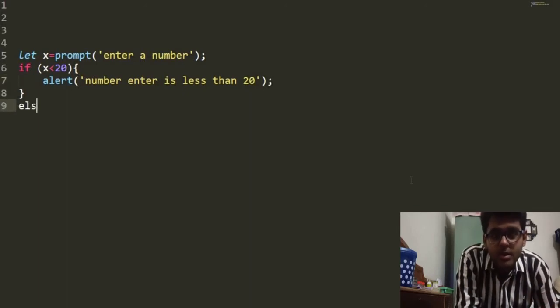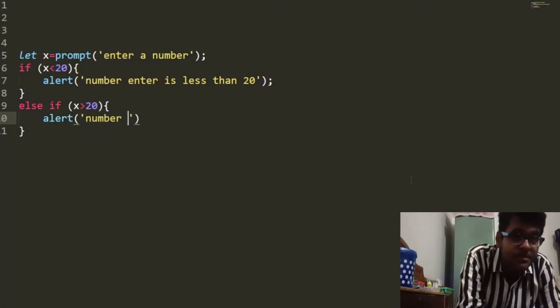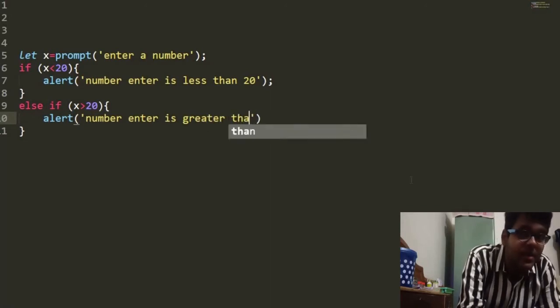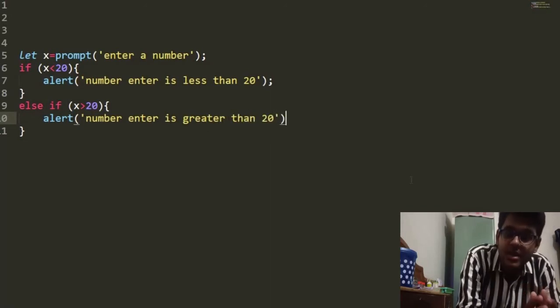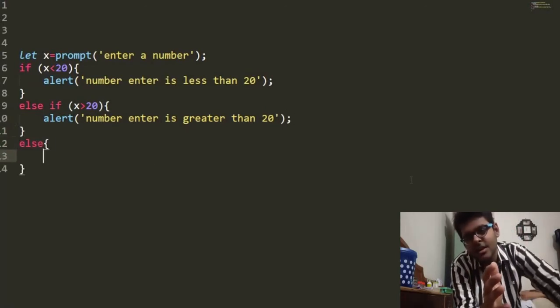So this is my first condition, and now checking our second condition: else if x is greater than 20. In this case we say alert, number entered is greater than 20. And the third condition is left. What is the third condition?